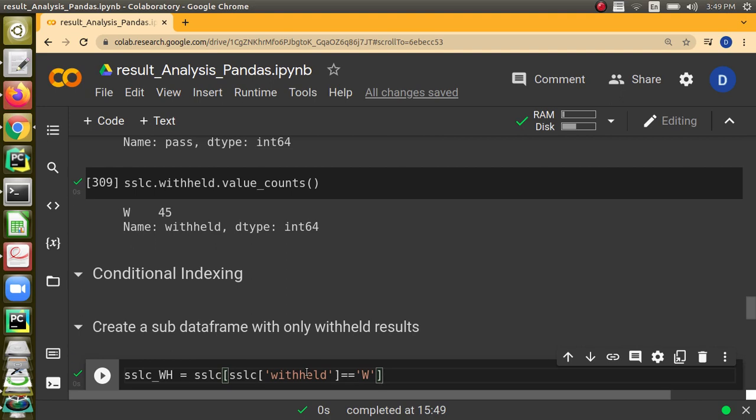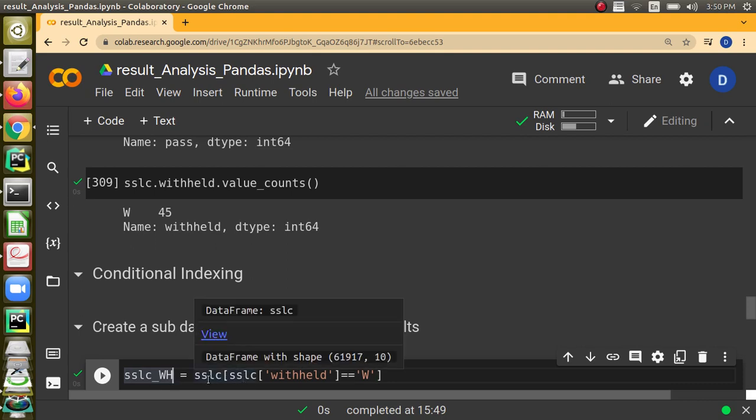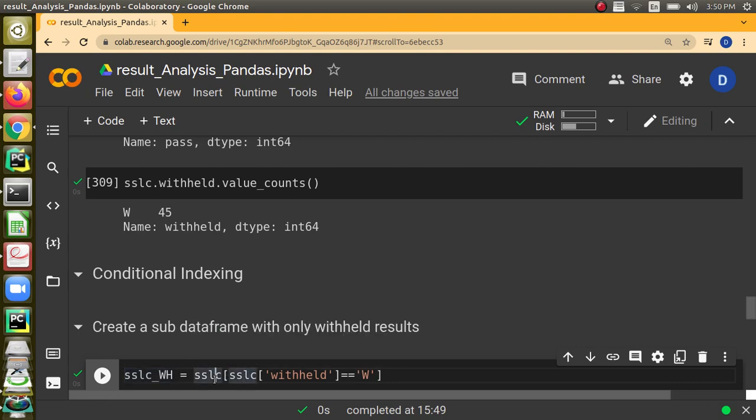If we want to create a new data frame, then that is possible. How we can do it is, this is the name of the new data frame. You are telling SLC, that is the existing data frame, and within the square brackets we are going to tell SLC of withheld equal to W. This is what we call conditional indexing.